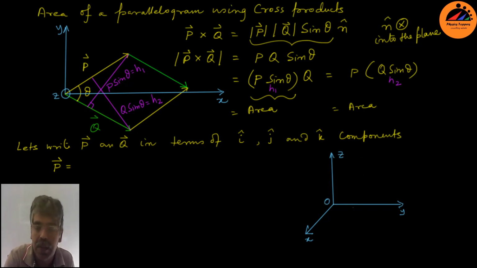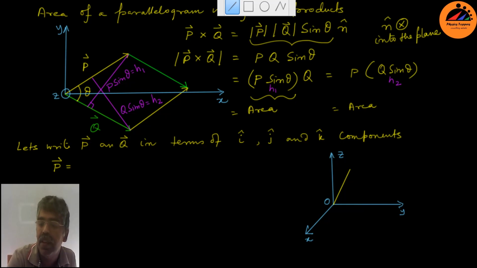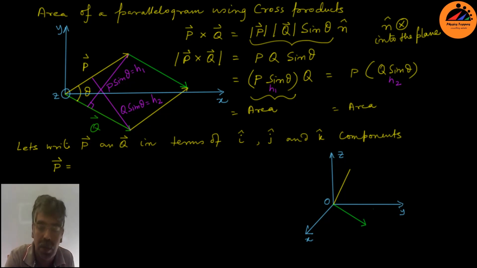And suppose this is the origin, and you can have the same two vectors. These two vectors are not in the xy plane. We have rotated it, we have changed the frame, but the vectors remain the same. Suppose we have chosen the origin in such a way that the origin of the coordinates is the touching point of P and Q. That is my choice of coordinates, and it doesn't break the generality of the system.